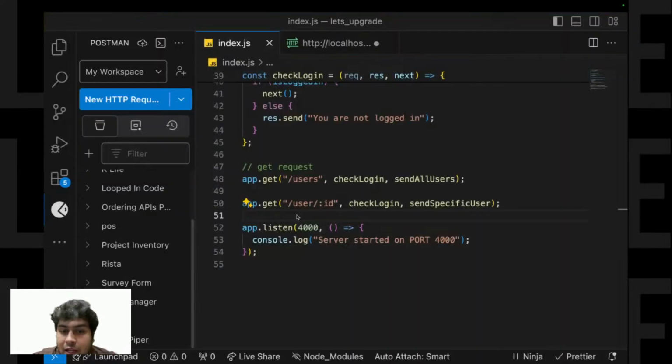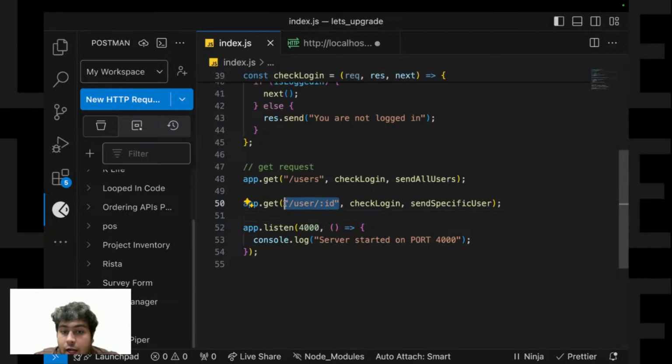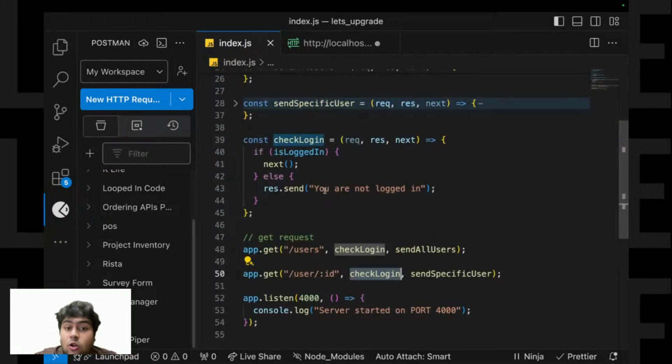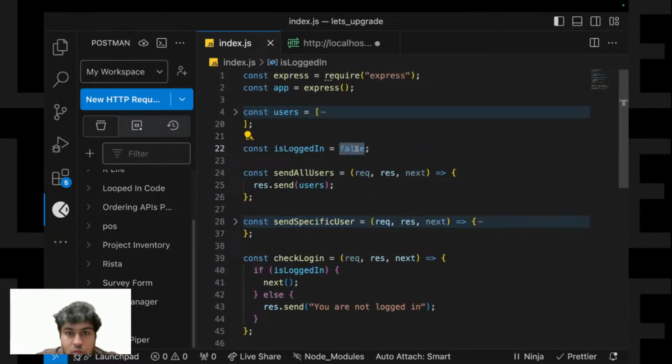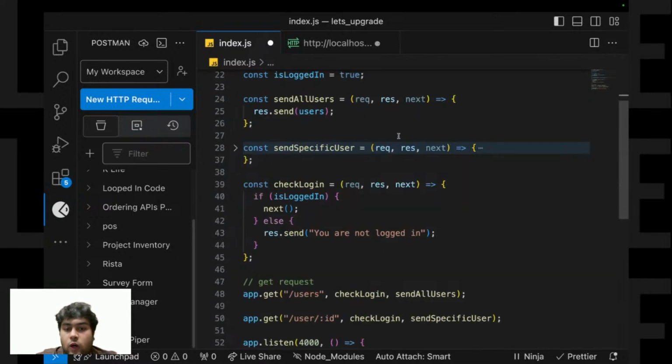Because as soon as I enter this URL, it goes to this check login, it checks the login. Since is logged in is false, it won't go to the next function, and it will just simply send the response as you are not logged in. Hence, it won't go to this function. But if I change it back so is logged in is true, what will happen?